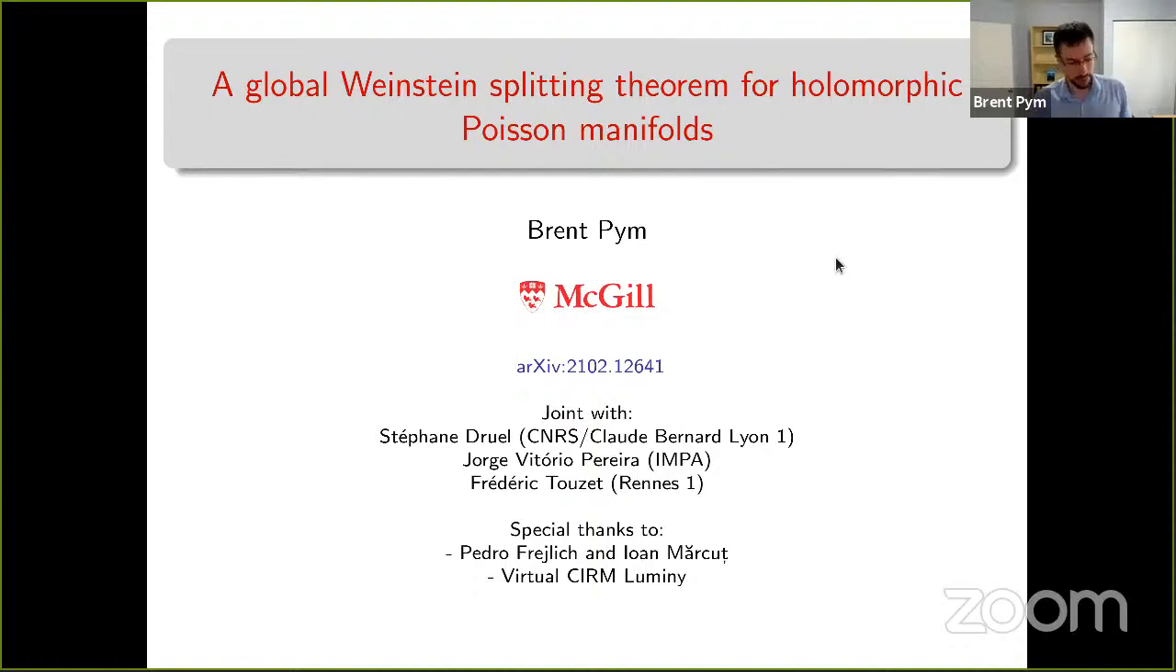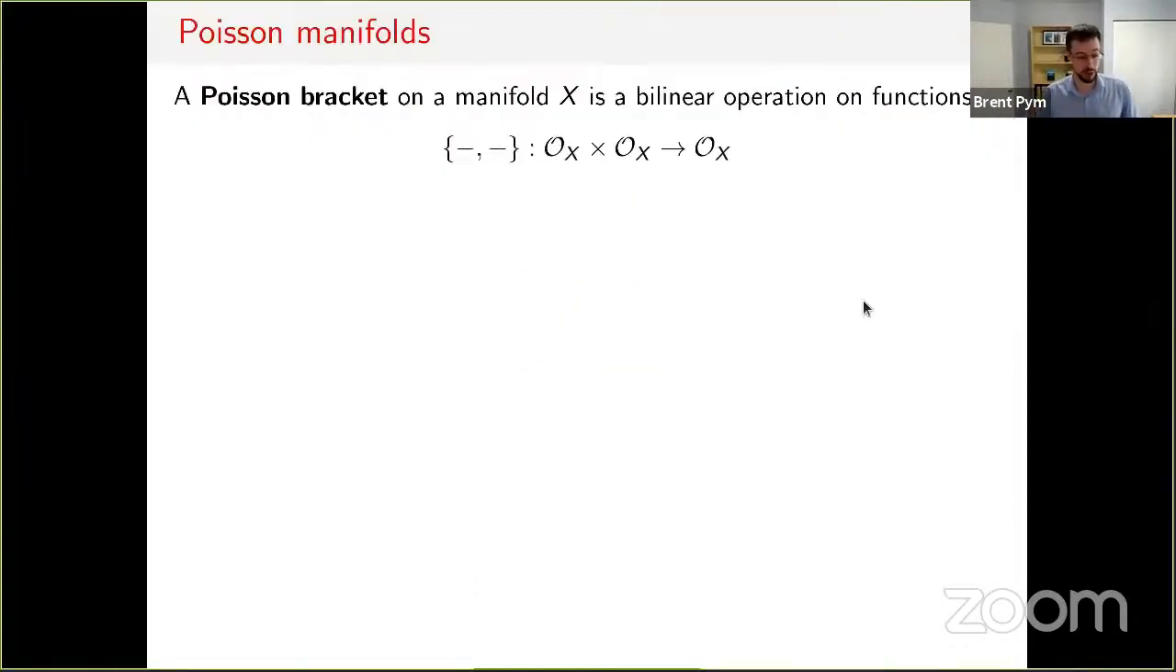Okay, so this is a session on foliations, not about Poisson structures. So if you'll permit me, I'll give you a bit of a reminder of Poisson geometry, since it's maybe not